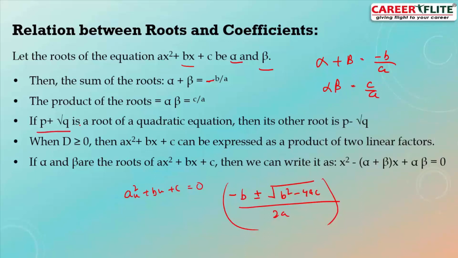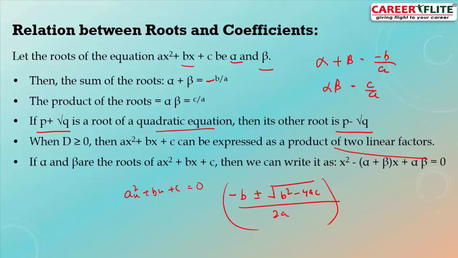If p plus root q is a root of a quadratic equation, then the other root will definitely be p minus root q, that is, conjugate. When D is greater than or equal to 0, then ax square plus bx plus c can be expressed as the product of two linear factors. So if alpha and beta are the roots of this, we can write